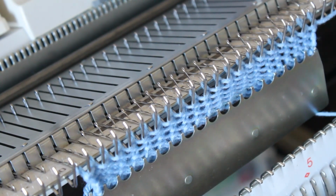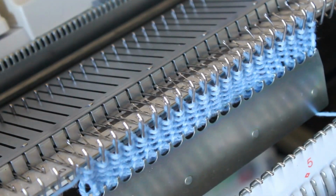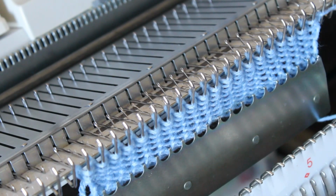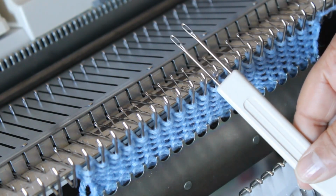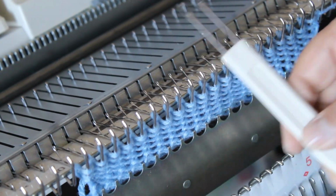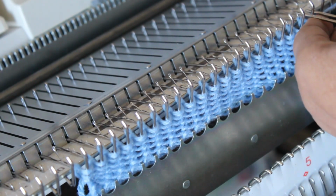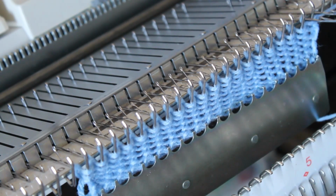Today's demo is how to decrease stitches on a knitting machine and how to increase stitches on the knitting machine. First, I will show you how to use the two-prong tool to decrease stitches. Using a two-prong tool,